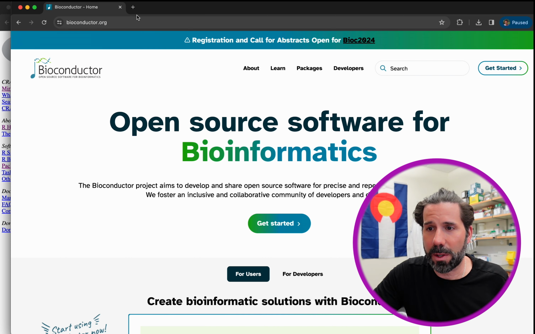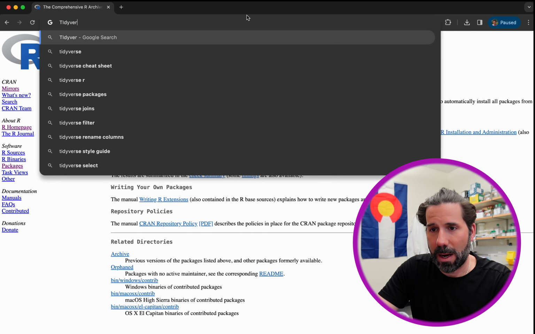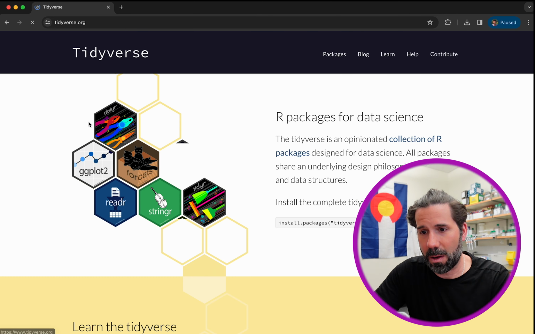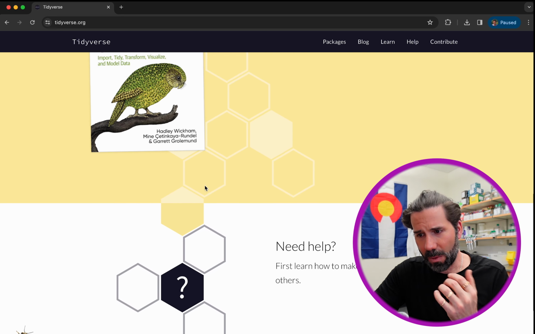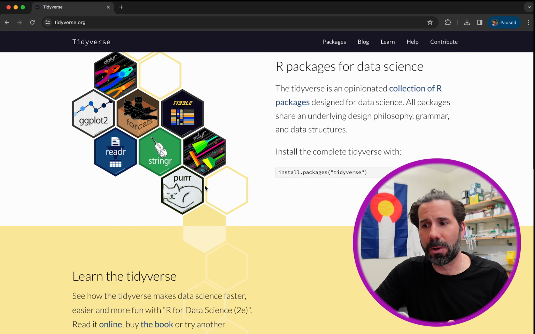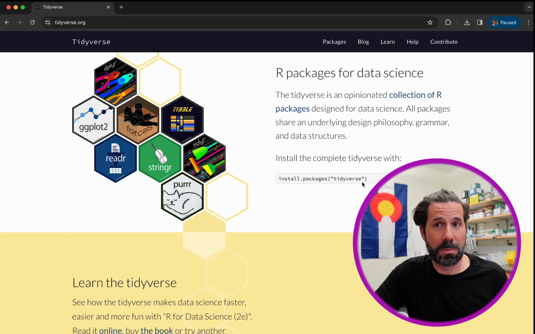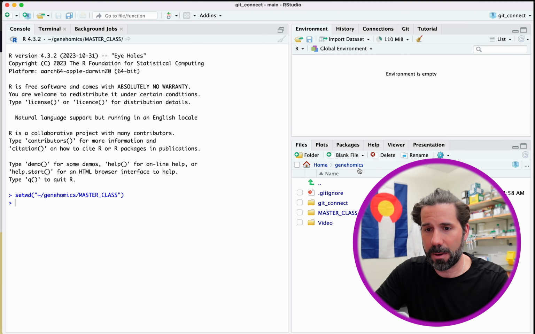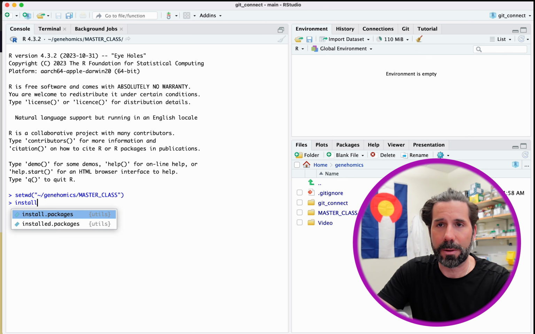And so let's first install Tidyverse, and just as a quick intro to Tidyverse, because it is one of the coolest things, feel free to go and look more about it, but it's just a logical way of writing your code. If you go to Tidyverse, or any package really, it'll tell you how to install it, and it's install.packages("tidyverse"). Pretty simple. Okay, let's try it out here. And this might take a minute to install, but anytime we're installing from CRAN, we're going to use the install.packages